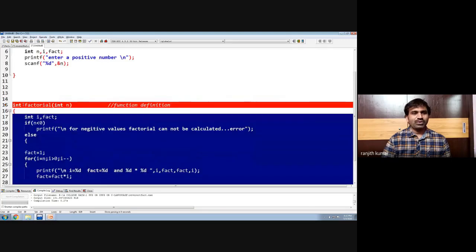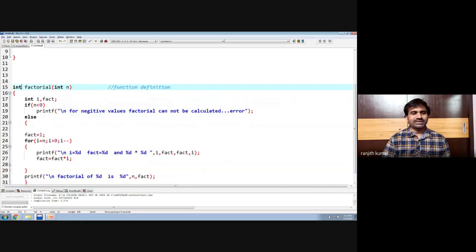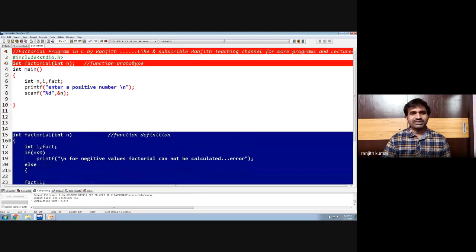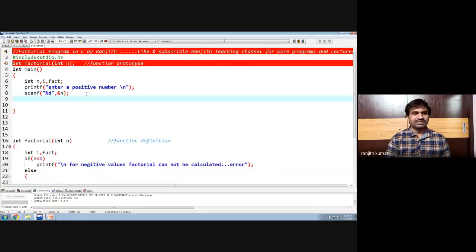Now, how to call the function? This is the function definition, and this is the function prototype. When we call the function, we simply write printf, factorial of given number %d is %d, comma, and here itself we are calling the factorial function, factorial of n.